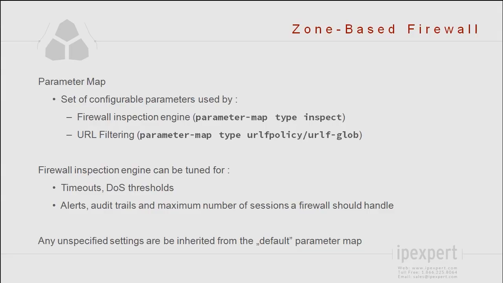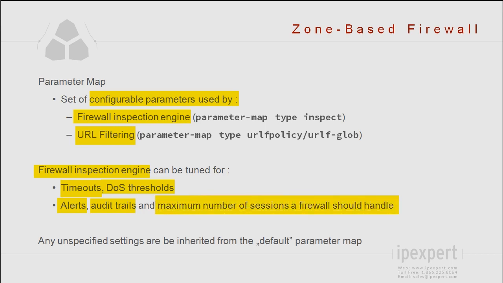Okay, one more thing that is related to zone-based firewall configuration is a parameter map structure, which is basically a set of configurable parameters used by the firewall inspection engine, by the main inspection engine of the zone-based firewall, and also by the URL filtering feature of zone-based firewall. So the firewall inspection engine, this is going to be for the settings we saw with CBAC, the timeout values, the denial of service thresholds, enabling features such as alerts or audit trails,